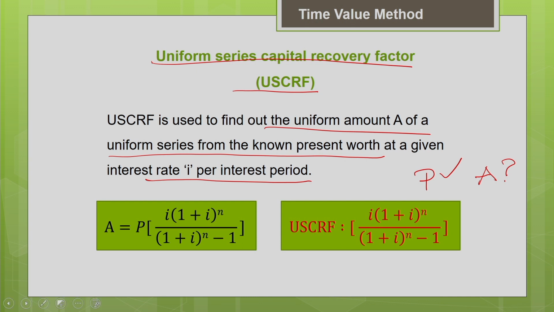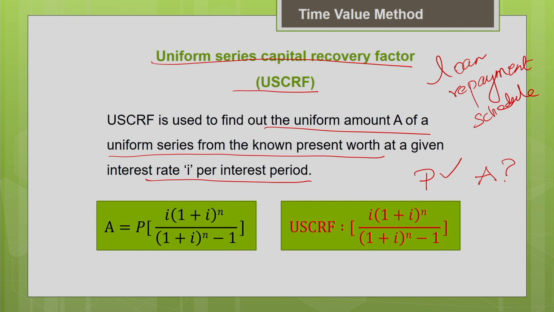Basically we discussed this factor earlier. It helps you to determine at what rate your capital can be recovered. Using this factor we can also find the loan repayment schedule for the equipment. The lender will fix the loan repayment schedule using this uniform series capital recovery factor, that is, at what rate you can recover your loan. So basically for the given P you can find the A.